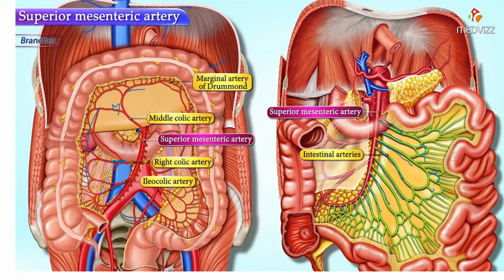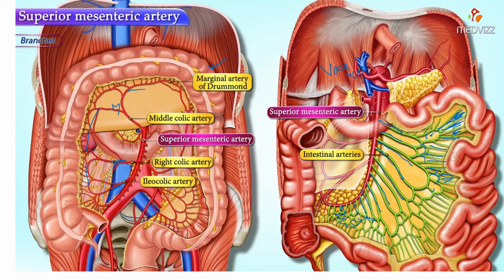The jejunal branches form one or two arterial arcades, and the ileal branches might form 2 to 3 arterial arcades. And the straight branches coming from these arterial arcades are called vasa recta. The arterial arcades are fewer in number in the jejunum. The vasa recta are longer. And these windows that you see here between the vasa recta will be transparent in the jejunum because there is less